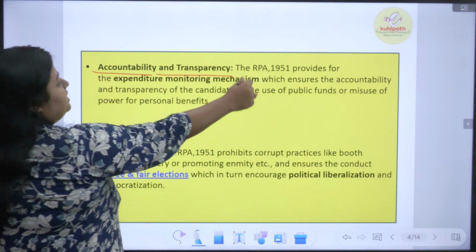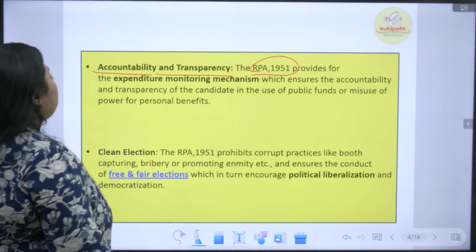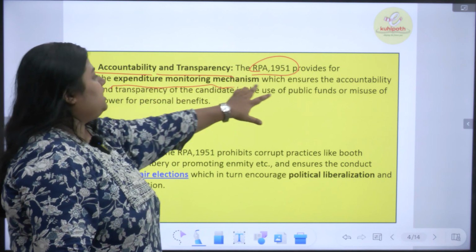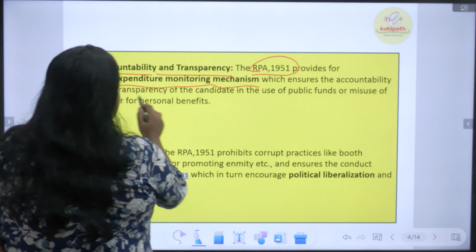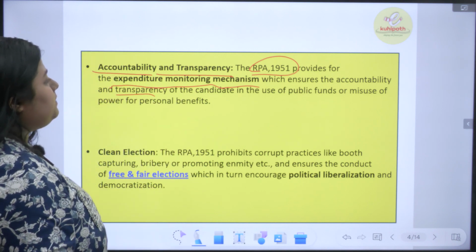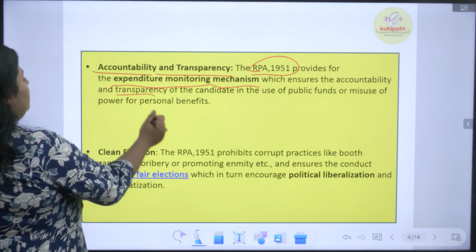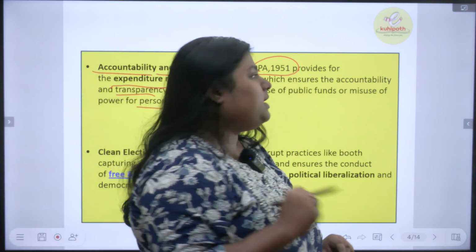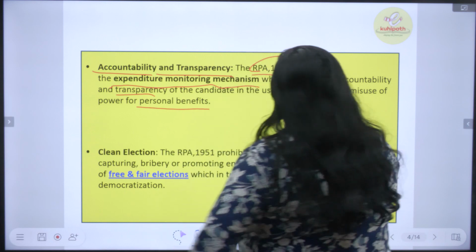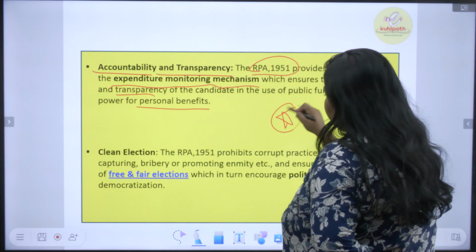The Representation of Peoples Act 1951 provides for the expenditure monitoring mechanism, which ensures the accountability and transparency of the candidate in the use of public funds, or misuse of power for personal benefits. If we break this down, we need to understand that when a person contests an election, a